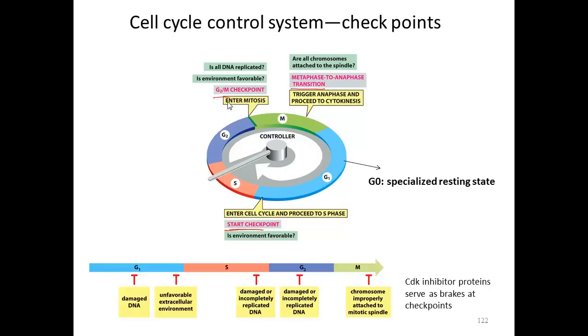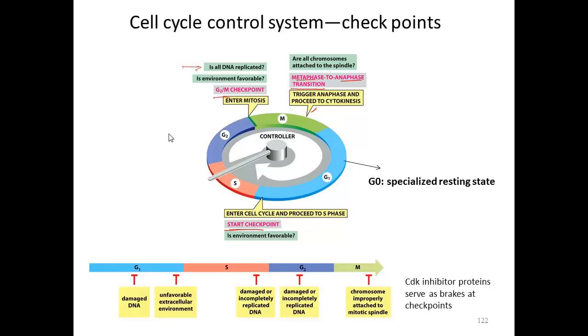There is a checkpoint right before the M phase begins where you're going to check, is all the DNA replicated, are all mutations fixed, and then about halfway through the mitosis stage you have the metaphase to anaphase transition. This is when the chromosomes in the middle are going to start to get pulled apart, and there's going to be a tension test to make sure that chromosomes are attached to the mitotic spindles properly so that each cell will get a full complement of